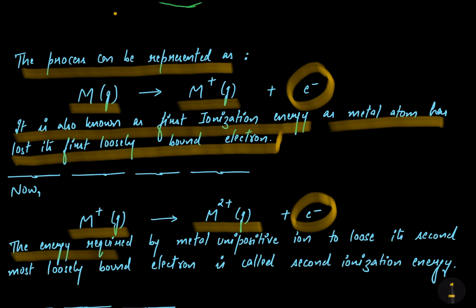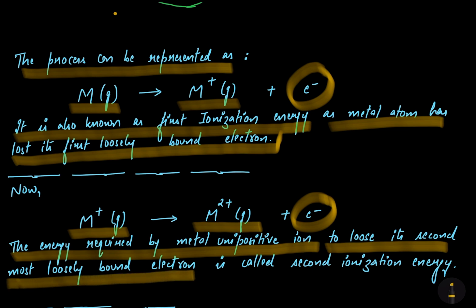So the energy required by a metal unipositive ion to lose its second most loosely bound electron is called the second ionization energy. Now